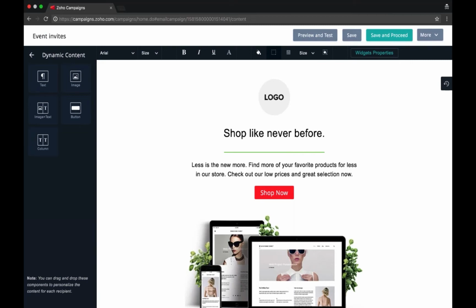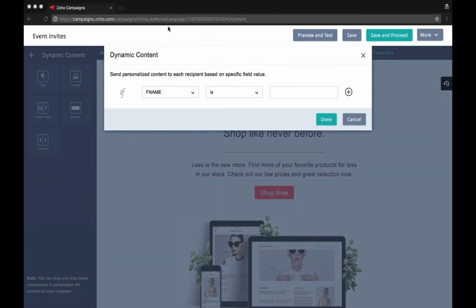Or maybe let's say I want to give out invites for people who are interested only in trade fair. For them, I want to include a little link for registration within my email, and for everyone else, I don't want it to appear. Then I can always use dynamic content, and this as well is as easy as just dragging and dropping. So let's say I drag and drop this text box right here,